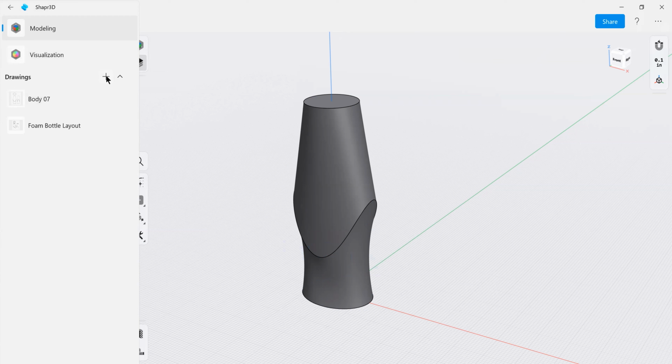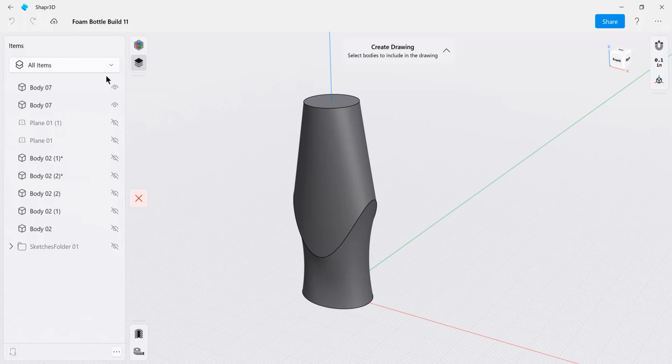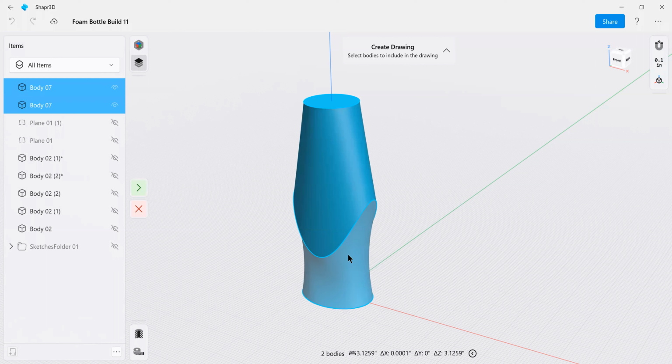So I'm going to create another drawing here, and it's going to ask me what I want. Right now, I don't have this connected with any radiuses. I'm keeping these lines very clean so I can use it for a template. So what I want to do is select both of these bodies, and I want to make a drawing from this. So all I have to do is say next,